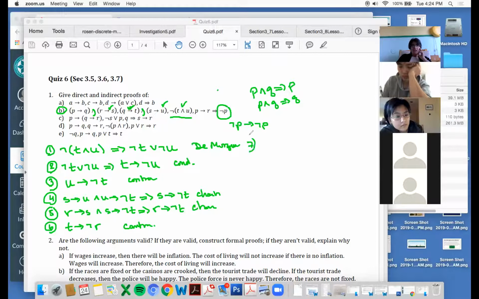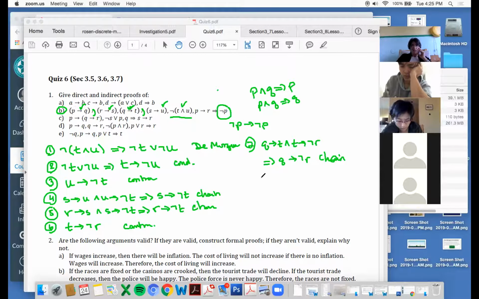And then I'm going to take this one with this one. So I'm going to take Q then T and T then not R, and that's going to give me Q then not R with the chain rule. Right. So the only one now I haven't used, and it's good,